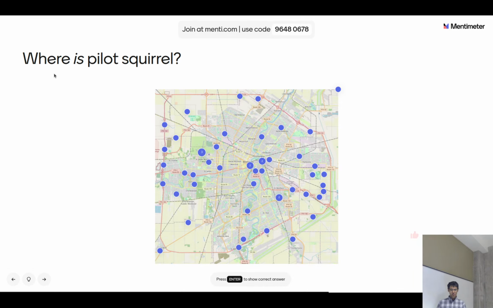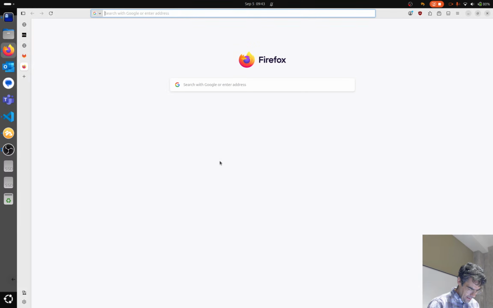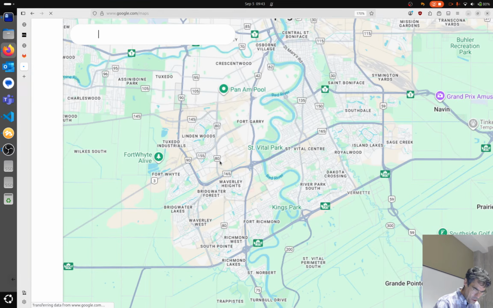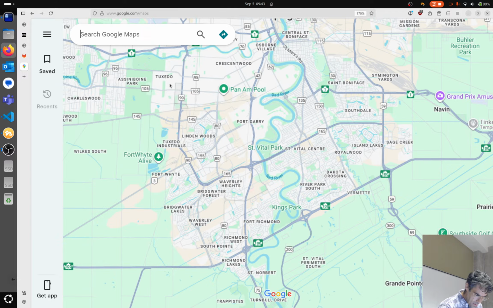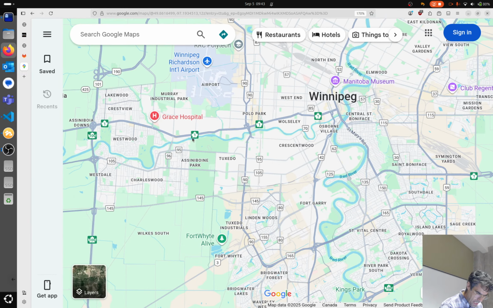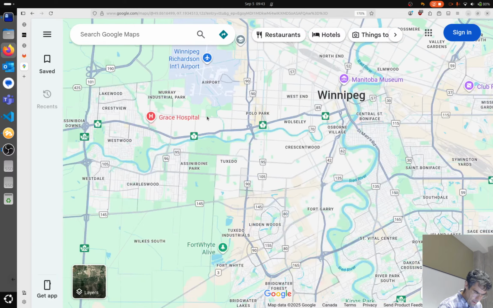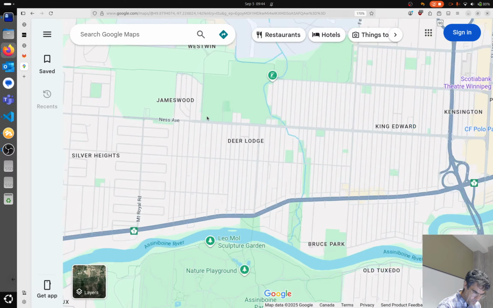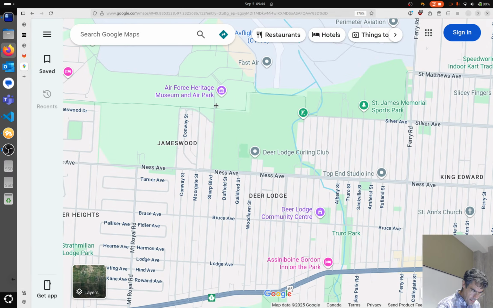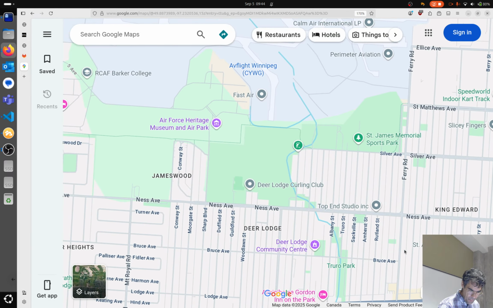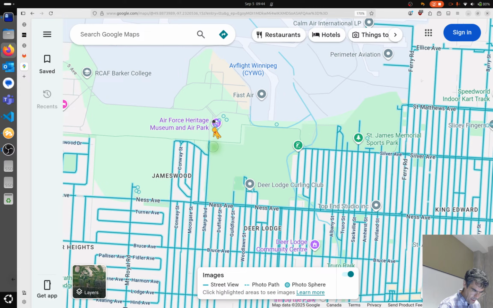This is a fairly uniform distribution of spots all over the city. All right, I mean, the big hint here, and I realize that this is quite small, but this is the airport. The big hint is that it's an airplane that this squirrel pilot is in. And let me show you where this is. So this, if I get my map here, and I zoom in just a little bit over here, this is in the Air Force Heritage Museum and Air Park, and this is located